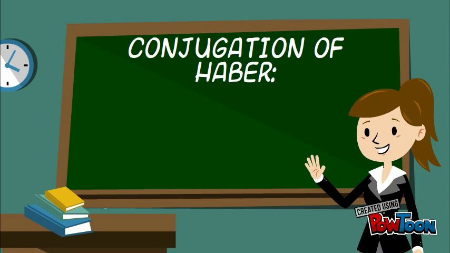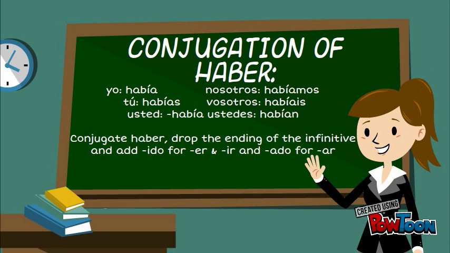In order to properly use past perfect tense, we have to first conjugate the verb haber into había, habías, había, habíamos, habíais, and habían. Then drop the ending of the infinitive and add ido for ER and IR verbs and